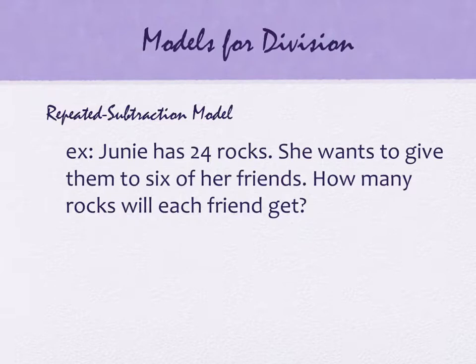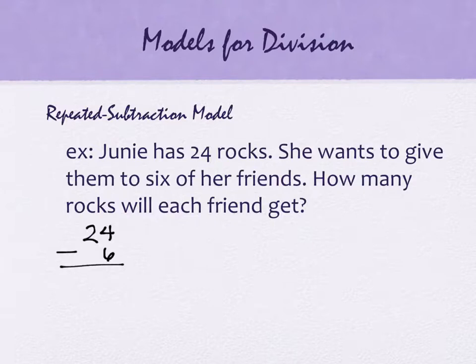So the idea is that Junie has 24 rocks and she's going to give them to 6 of her friends. How many rocks will each friend get? So imagine Junie has her 6 friends sitting in front of her and she goes, you get a rock and you get a rock and you get a rock. And she probably wouldn't even do that. She'd probably say, pick which rock you want, right? Like that's what she'd really do. And once she was done with the 6 friends, her 24 rocks,